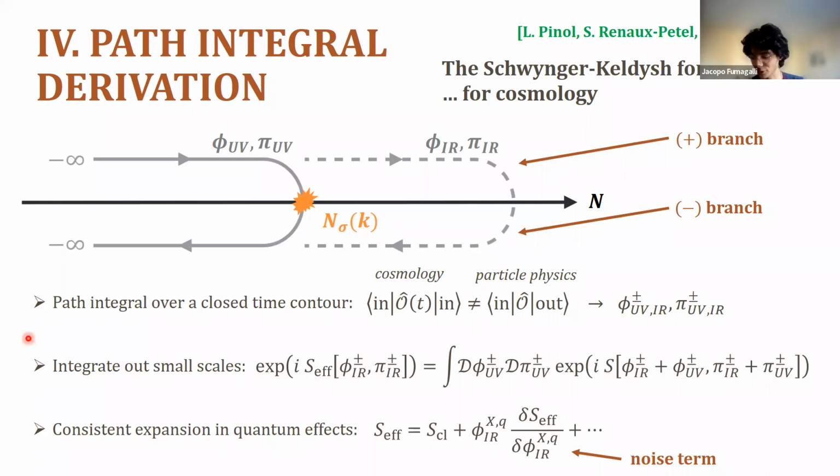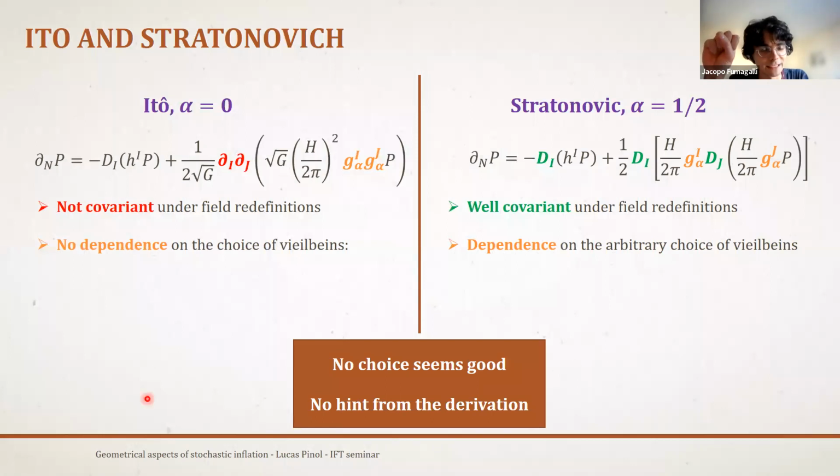Okay, thanks for the very nice talk. My question is the following. When you went to the multifield part, you listed the two different approaches again, Stratonovich and Ito. And if I understood correctly, the claim is that the one one should pick is Stratonovich, because it is the one that is covariant, although it has this dependence on the vielbein that you then resolve and explain afterwards. So basically you choose between the two given this fact, which is something that you cannot do when you have just a single field, because then there is no vielbein.